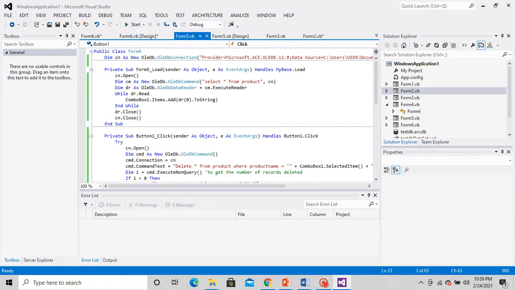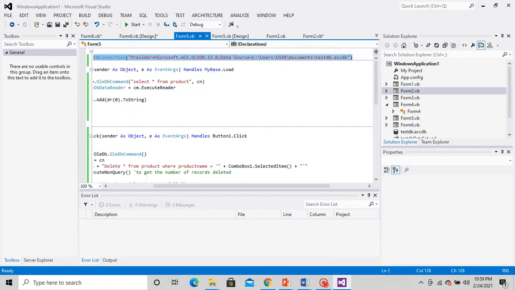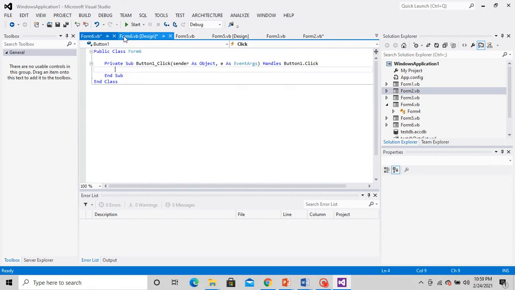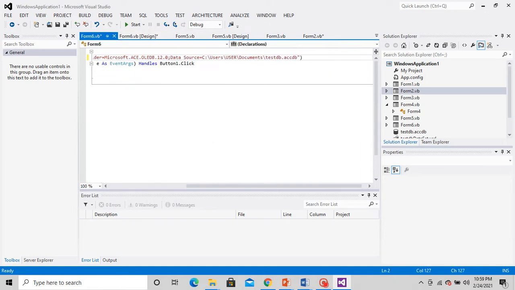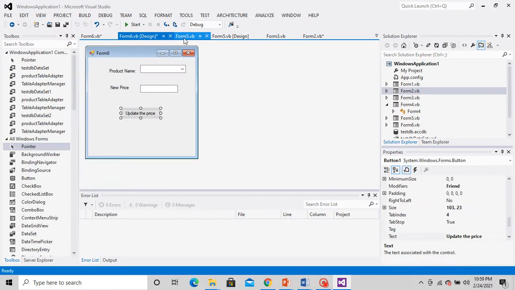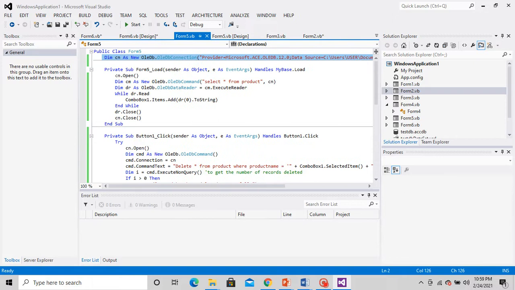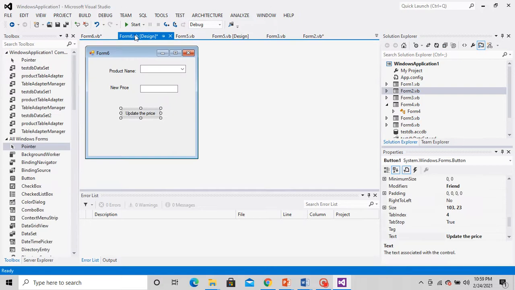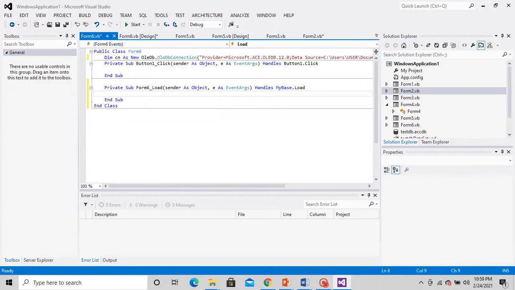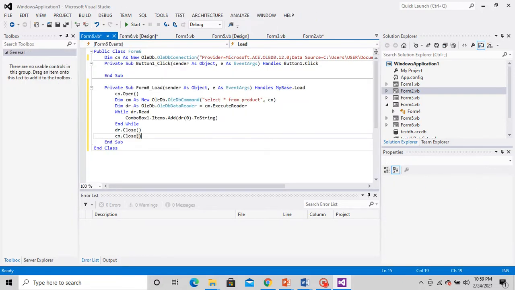So first of all, I'll copy and paste this line, and then I'll paste the form load part. Since we are doing the same thing, just double click here and write the code here. Now I am going to write the code for button one underscore click, that is for updating.